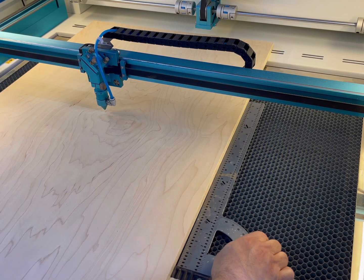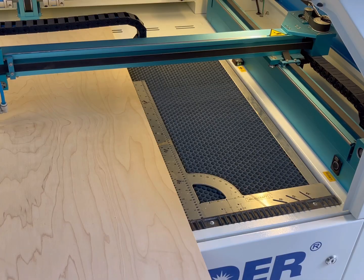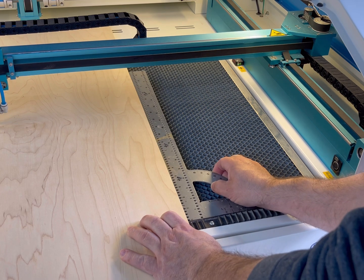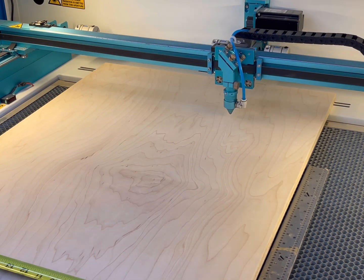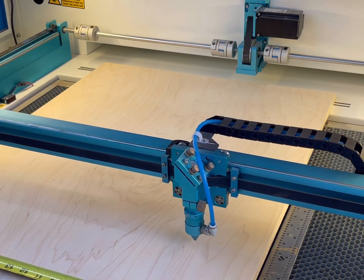And now it's time for the fun part that's really going to set these cornhole boards off. I'm over at the Thunder laser machine and I took the front off so I could feed the pieces in. I'm using a big square here from Milescraft to square the piece against the frame just to make sure that I'm perfectly straight. And now I'm doing a framing of the logo just to make sure, again, that I'm even